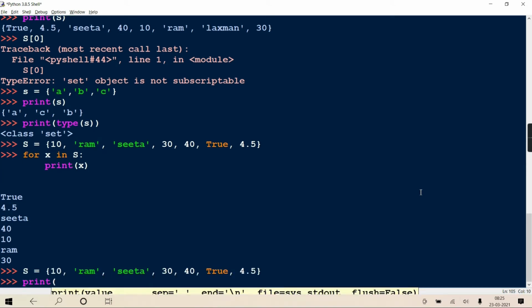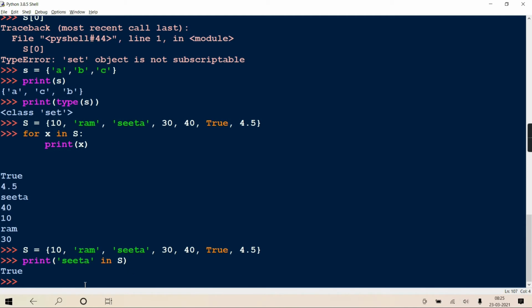If I'm writing Sita in S. Now for searching also, internally, it does this key to address mapping only. It will take Sita, and that Sita will be given to that mathematical hash function. It will generate a bucket address, and directly at that address Sita will be checked. If Sita is present at that address, it will return true, otherwise false.